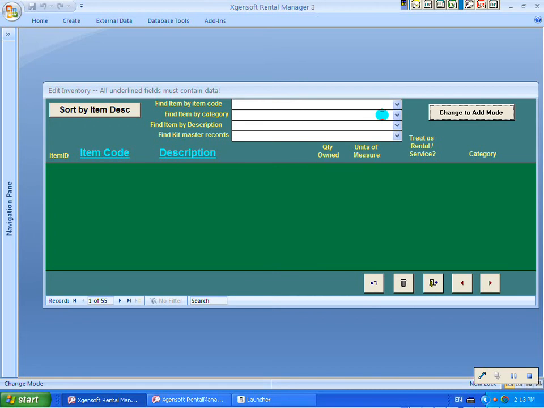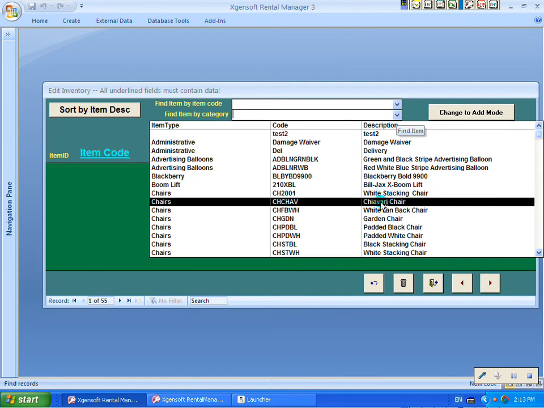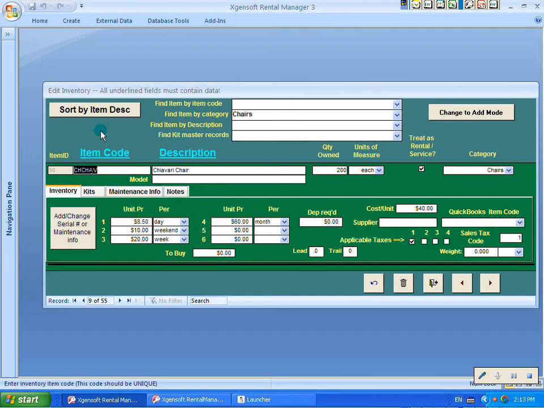Here you have a green screen. We're going to find by category. Green screens mean that you are looking for information that is already in the program and where you can edit it. So clicking on the category of chairs, I can see all of the chairs that I have listed in my program. I'm going to choose my Chiavari chair,